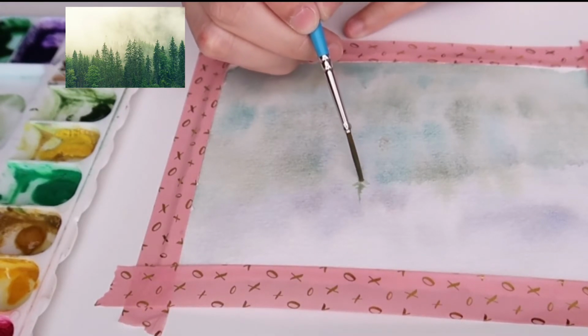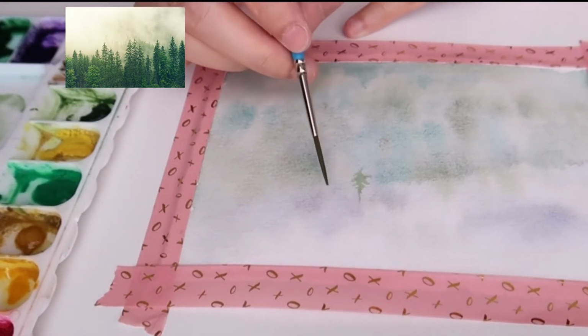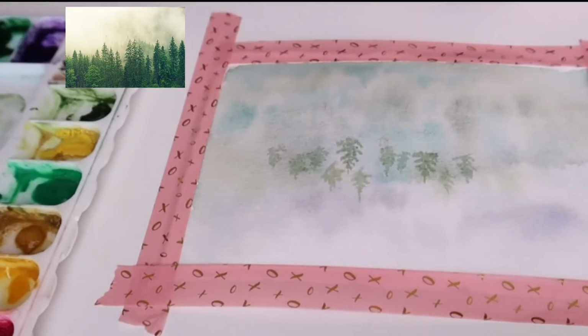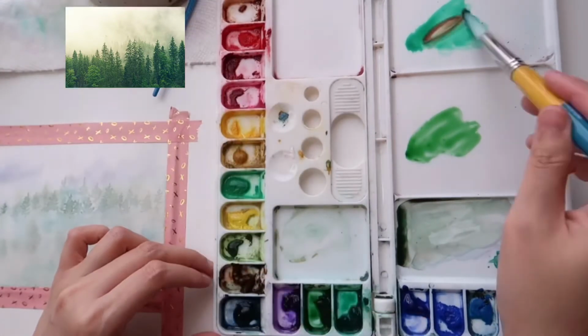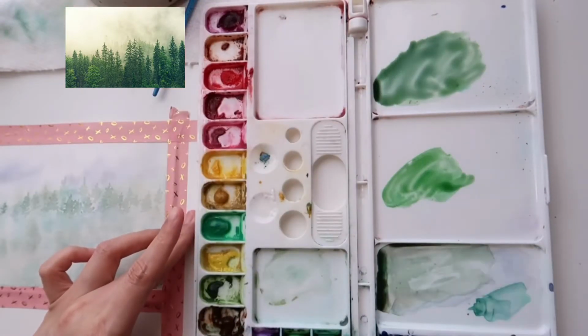When the first layer is done, I'm going to go in using the very small brush and apply very light green mixed with a lot of water and start painting pine trees. This time we're going to give the trees more shapes. So these are the trees in the middle ground. This tree is still far away, and that's why we use the light green